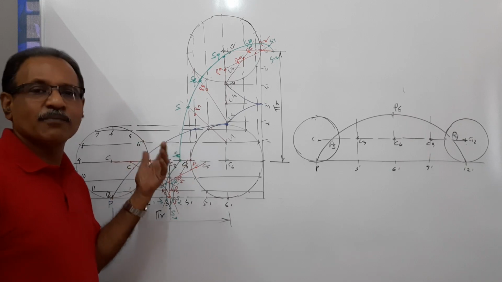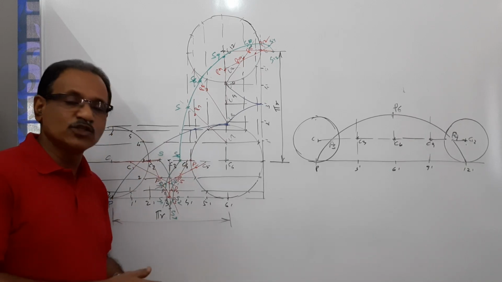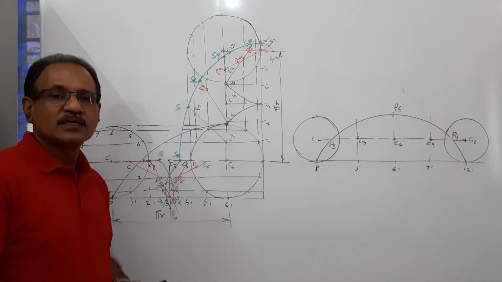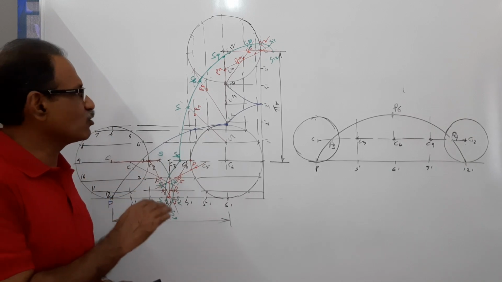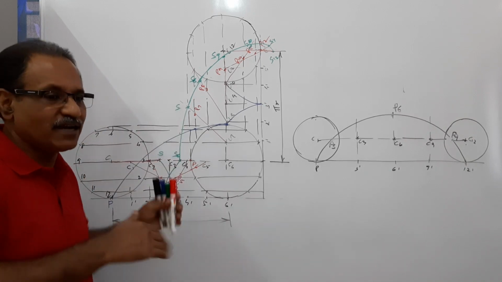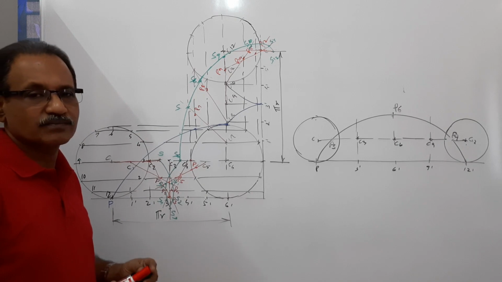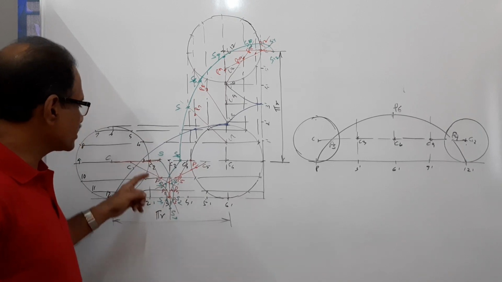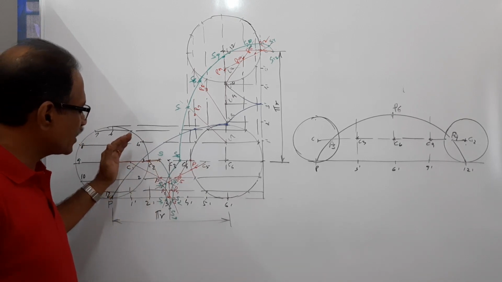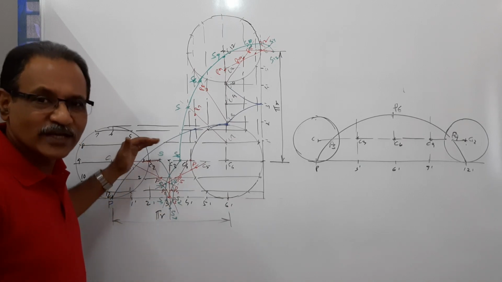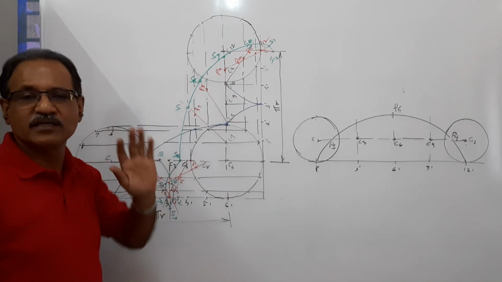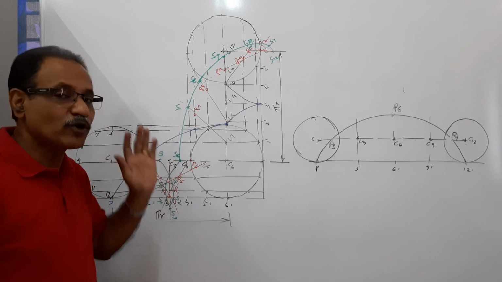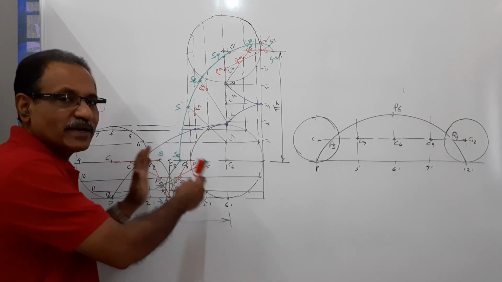This question has come in university examinations numerous times. Very simple question if you understand. Always take them as segments and visualize in that order. In the initial stage, this is the tracing point. You have to find out in which direction it is going to move. Once you get the direction of movement, then you can proceed. It's very easy. Then for that you have to imagine which segment is to be drawn.